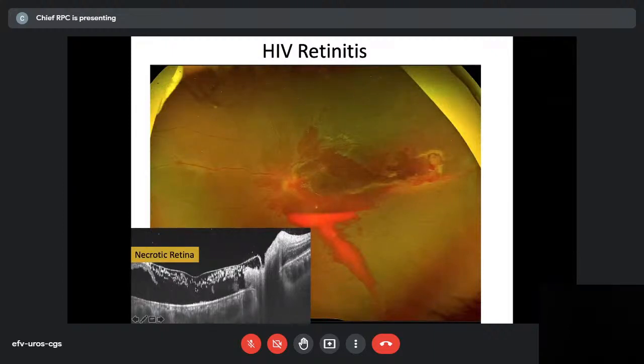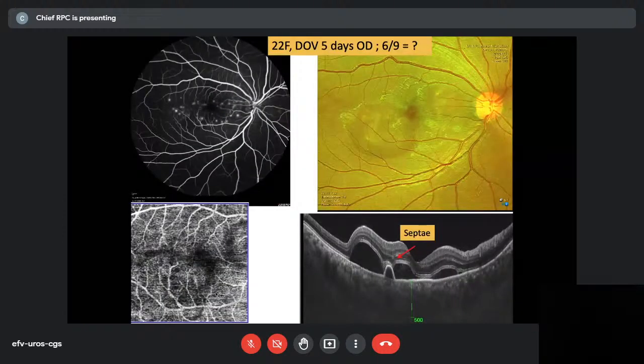And this is a case of HIV retinitis. You can see the necrotic retina on the OCT. I was shocked to see there's no retina. Absolutely no retina. So badly necrotic. So this is a very nice case from the point of view of teaching. Multiple white dots, hyperfluorescent, multiple, like a white dot syndrome. Okay. And there is an elevated serous detachment over here. Okay. And there are some irregular hypoflow regions here. So anyway, the OCT shows the maximum findings here.